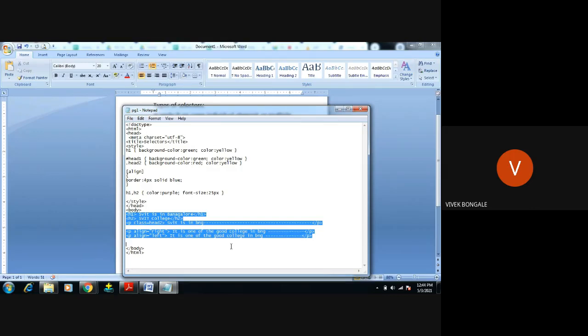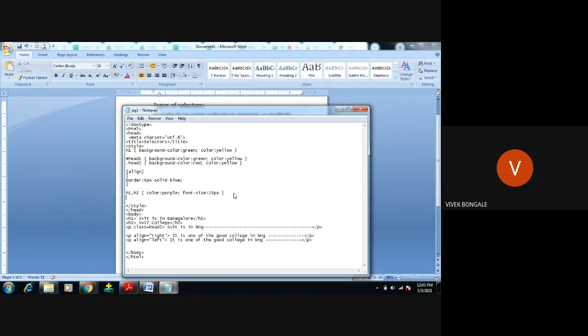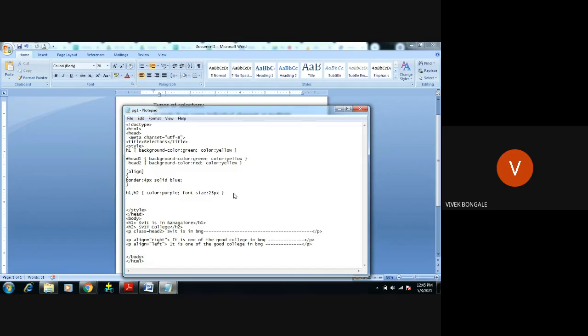I want to give the same CSS rule to whatever we have given under the body statement. For that you have to use the asterisk symbol. Asterisk symbol indicates universal. For the whole document, whatever data we have given under body should follow the same CSS rule.